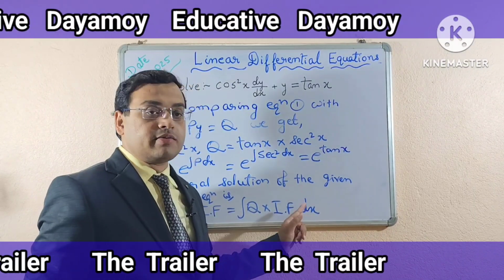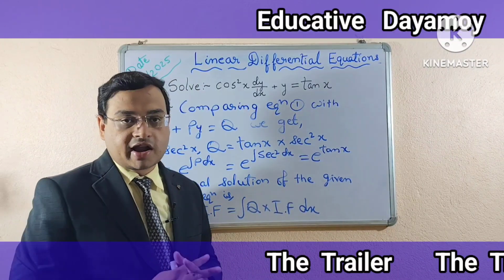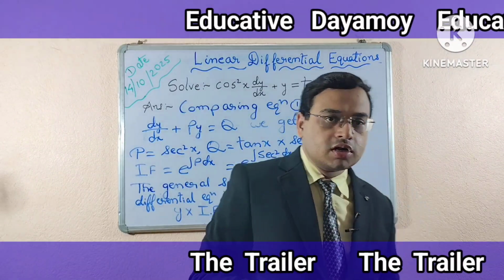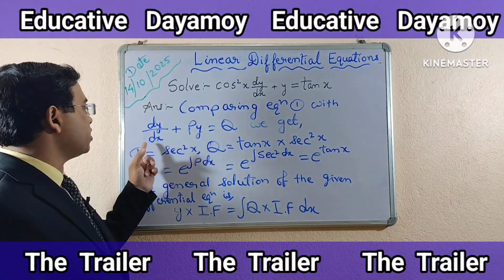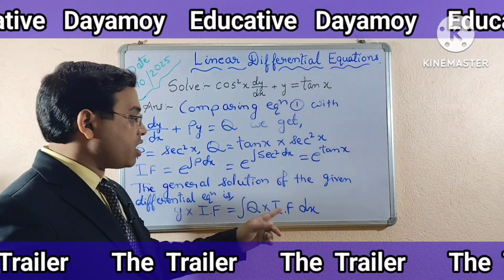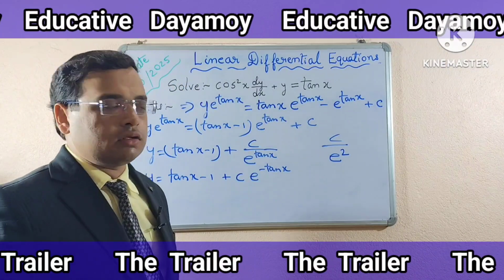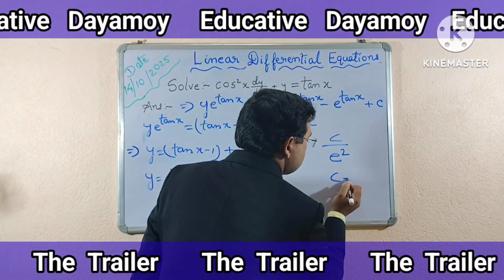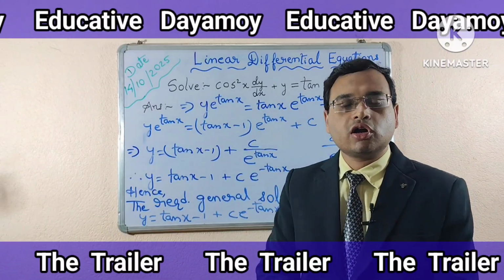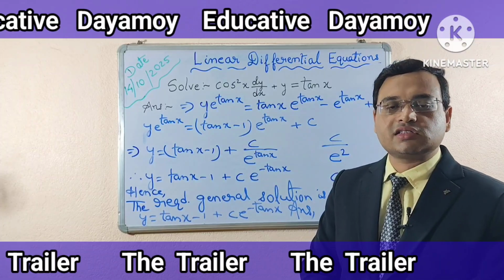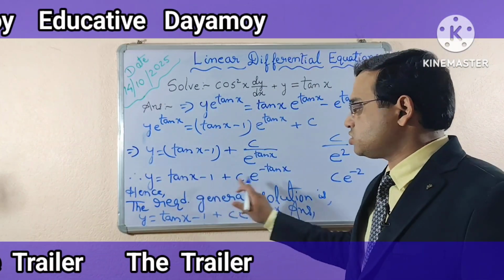Why have I written this dx here? Why have I not written a dy or dz? This question may arise in the mind of each and everyone. So the reason is that here dx is the independent variable, so I have written the formula here with dx. Okay, then what will come? C e to the power minus 2. Doing up to this step will not deduct your marks in the exam. If you are intelligent enough, then do up to this step.